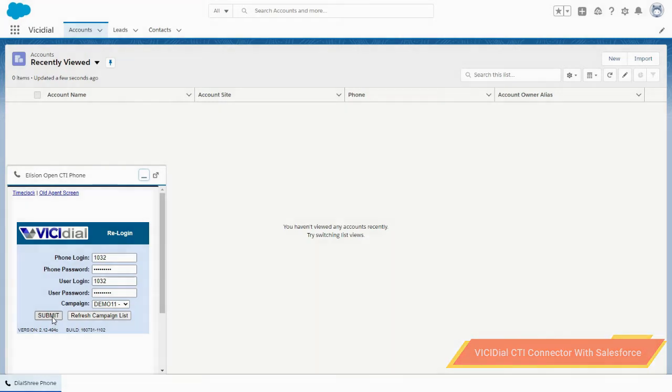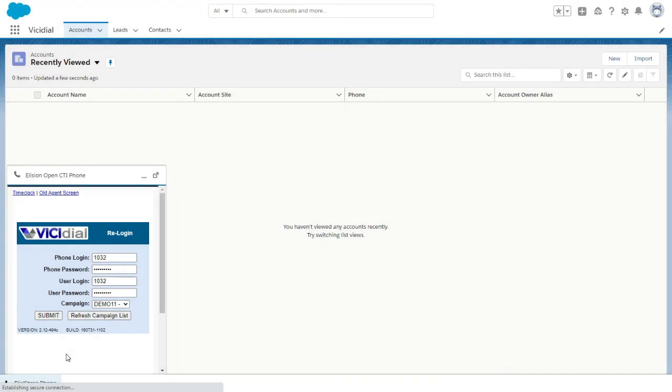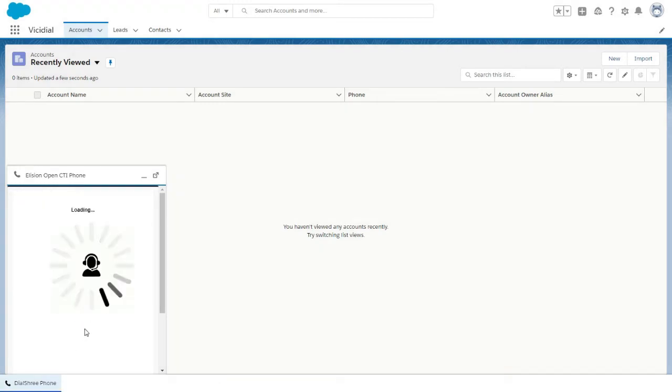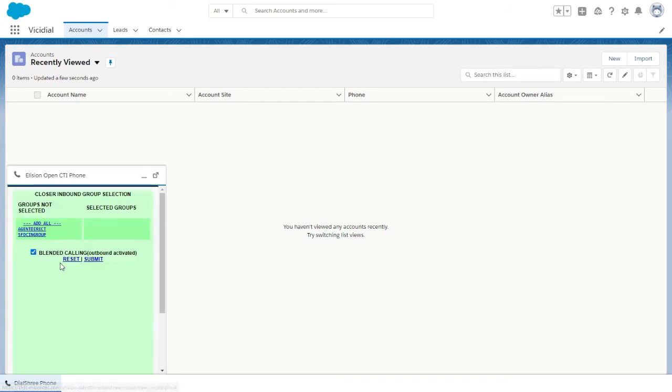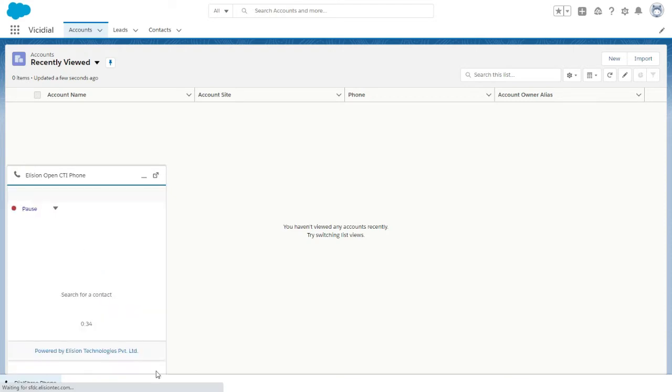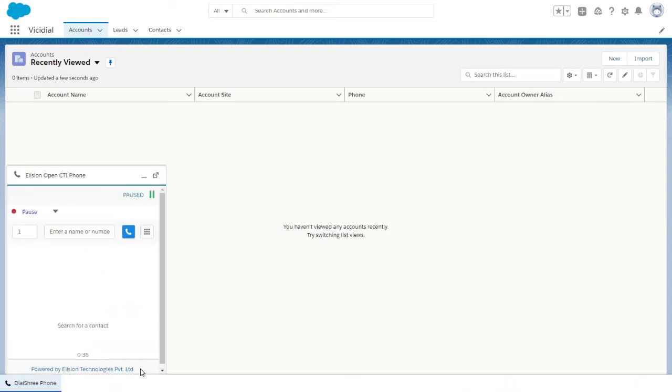I just need to click on the submit option. As soon as I click on submit, I will be able to use this VCDial CTI connector for the calling part.